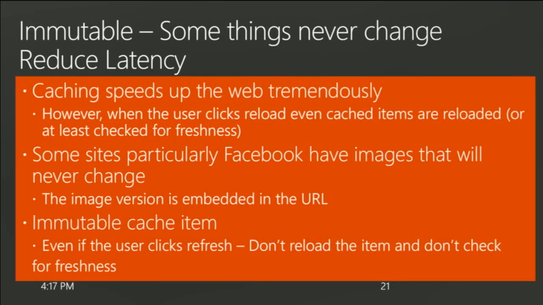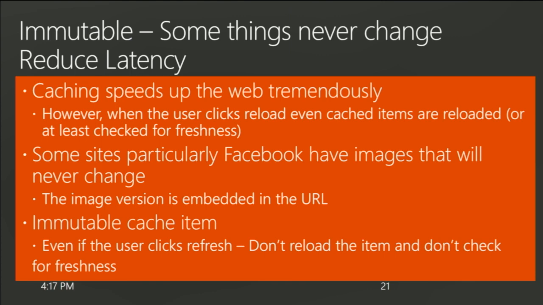Okay, so let's talk about caching. Caching is great. I love caching. Caching makes the internet faster, and that makes the world a better place. So there are three types of objects in caching. There's non-cacheable, there's cacheable, and there's immutable, which nobody is implementing, except for us.